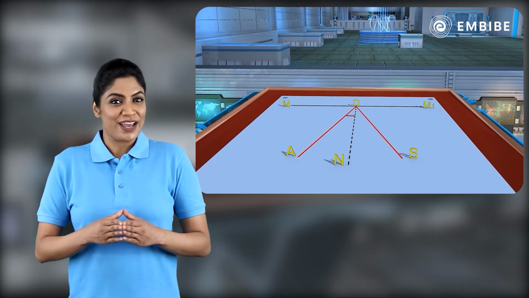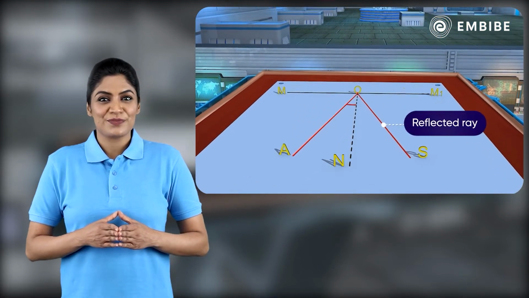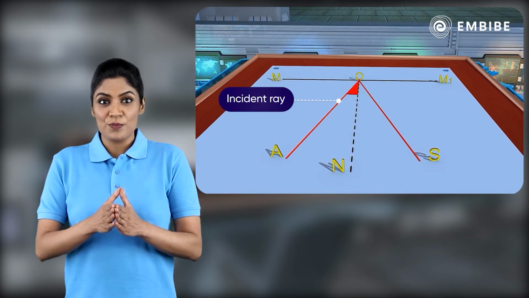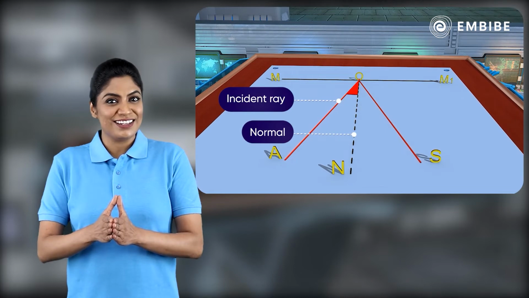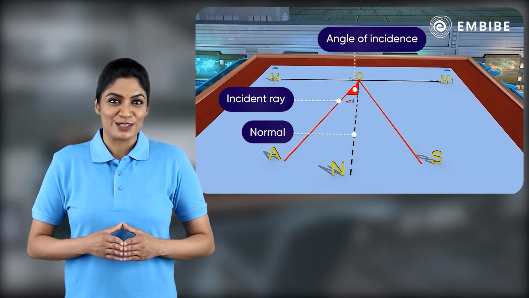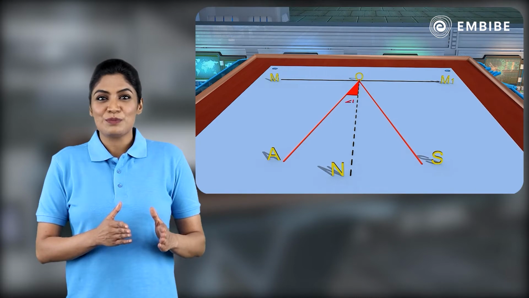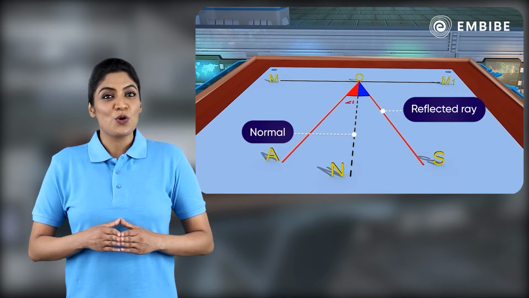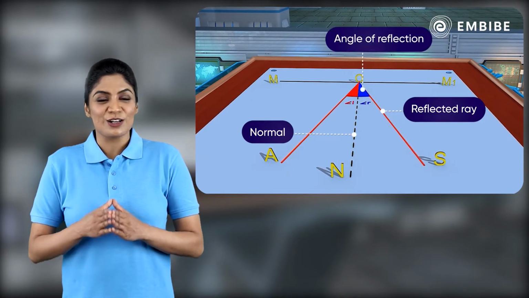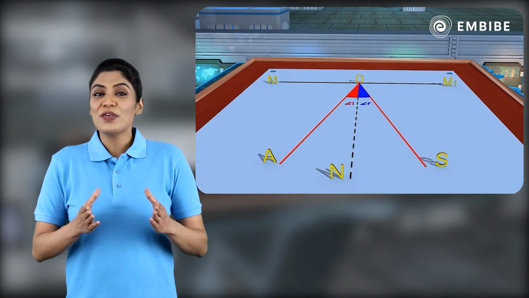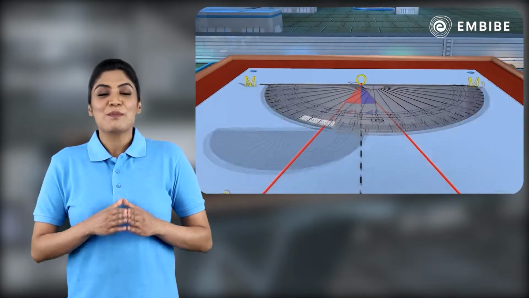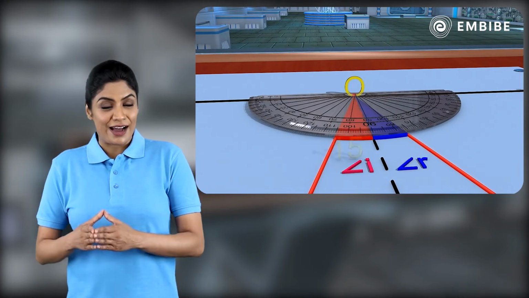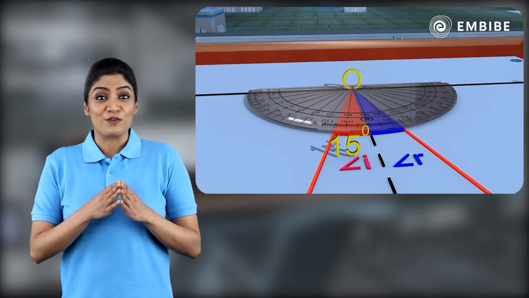Now ray OS is the reflected ray. The angle between incident ray AO and normal ON is the angle of incidence. The angle between the reflected ray OS and normal ON is the angle of reflection. With the help of a protractor, measure the angle of incidence, that is, angle I, and the angle of reflection,